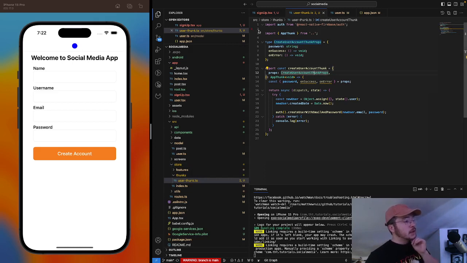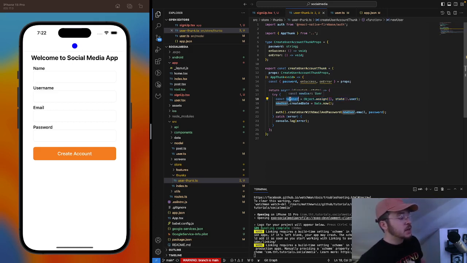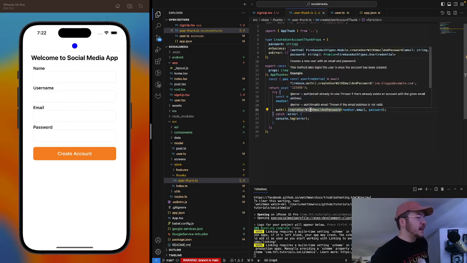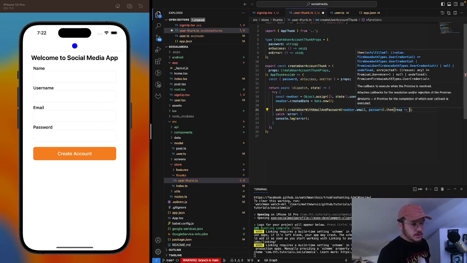That's all right. Okay, so inside of this thunk, we're creating a new instance of this user so that we can update its properties. The user is going to be read only by itself, so we have to create a new instance, a new reference, so that we can add properties to it. And then we're just calling auth.createUser with email and password. We'll just leave it at that for now, and then let's just go ahead and handle this. So then response,